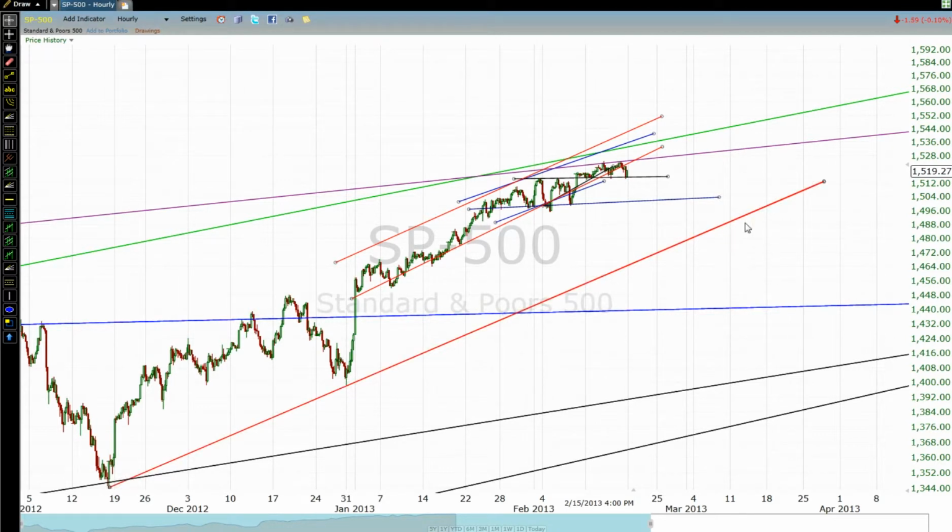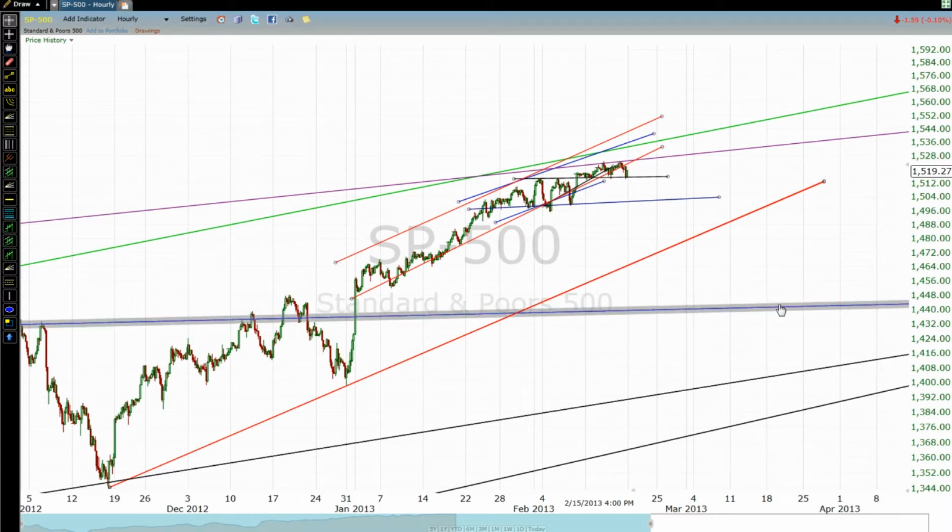So you'd think that the 1470 level would probably serve as some sort of support for the S&P, and if that level was to break, I know I'm getting a little bit down the future now, but we've got this neckline here to that inverted head and shoulders pattern that has now been achieved. Necklines usually hold up as very strong support, so that's just something to keep in mind for the longer term